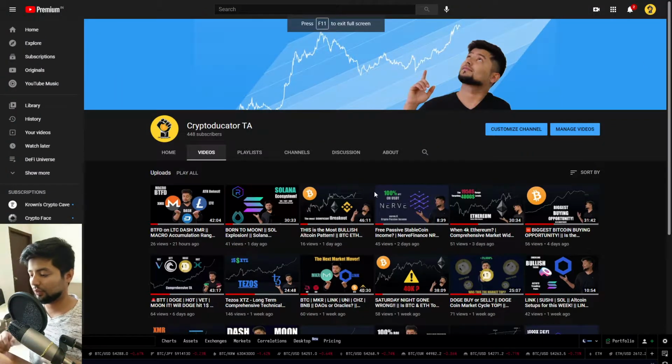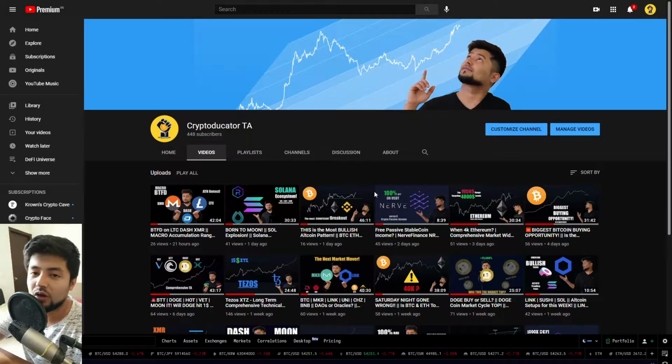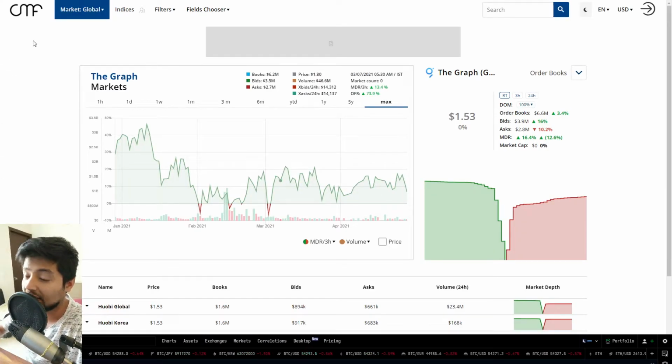Alright traders, so time for some comprehensive outlook on Graph token, and guys, we will be figuring out why we are range bound between $2 and $1 levels, and what is really going on in terms of the on-chain analysis itself, guys. The active addresses, the number of people actually using the Graph tokens, we'll be finding that all out in this video. So guys, without any ado, let's jump on the first piece of data right here, coming from